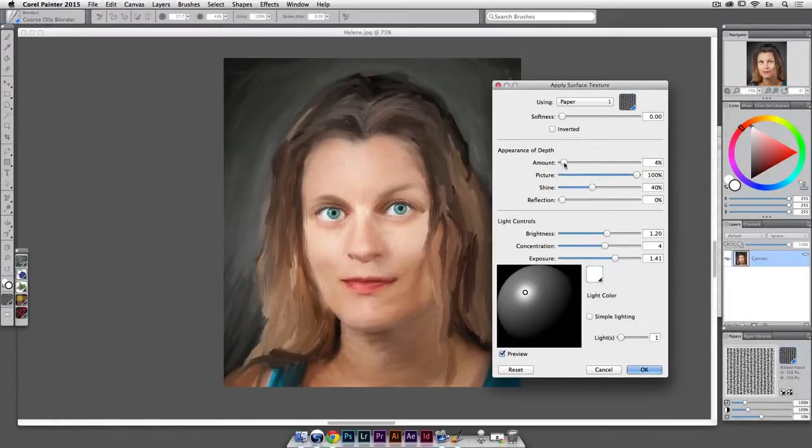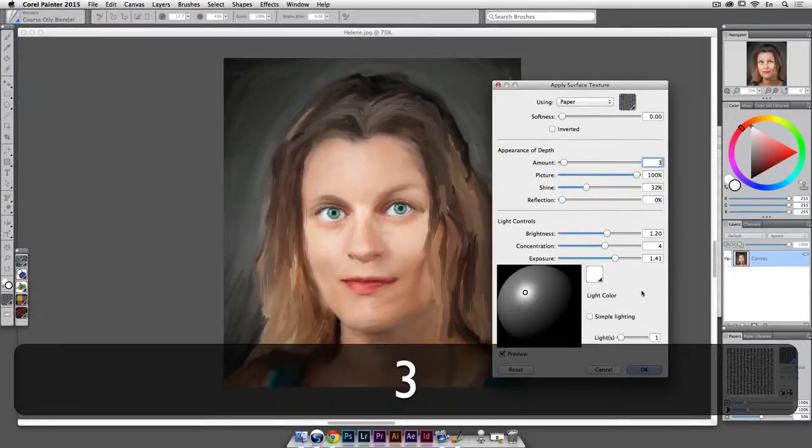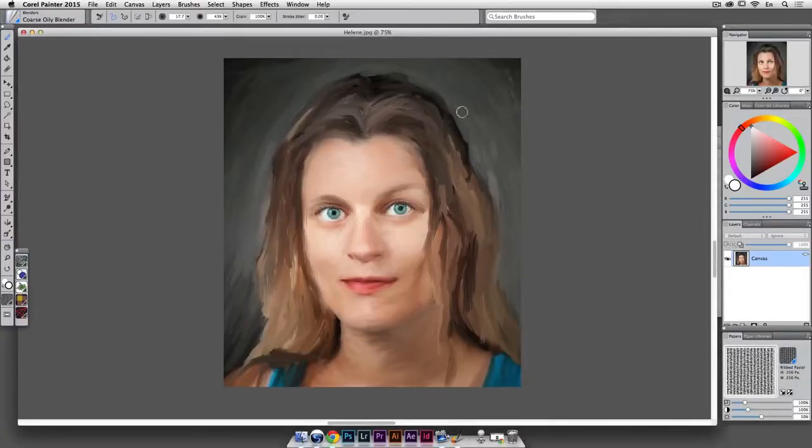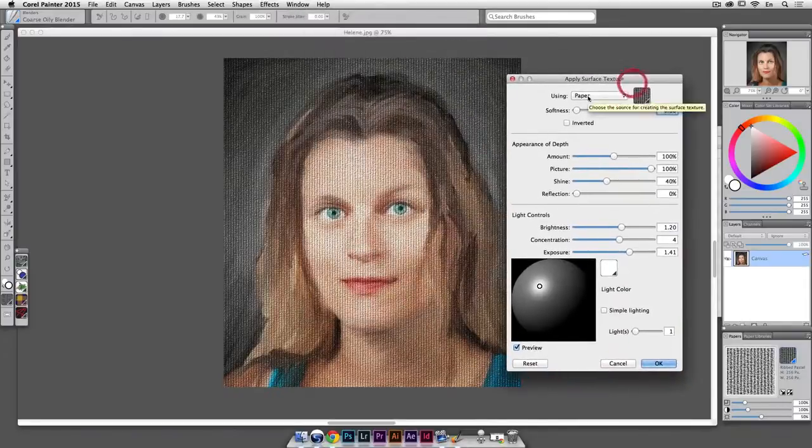Really down. This is really minor. Don't want to touch that. Shine, more or less shine. Don't want it too shiny. I really wanted a tiny bit there. In fact, I'm going to go with 3. All right, hit OK. And then I go again in Effects, Apply Surface Texture, but this time, instead of paper,